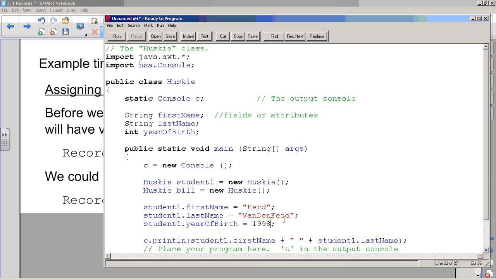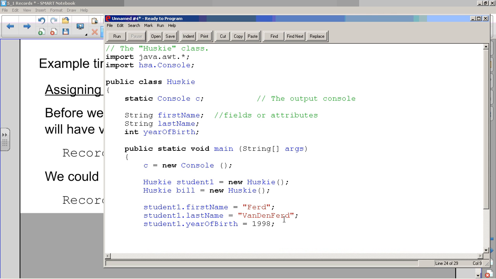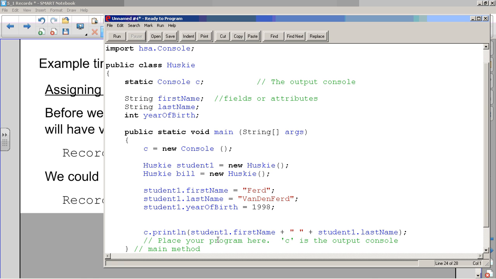Notice right now Bill doesn't have any values. And so if I were to try and print out, it'd be interesting to see, because I know student 1 has a first name of Ferd, but if I tried to print out Bill's first name and last name, what would it say? We haven't assigned it. So if I run that,